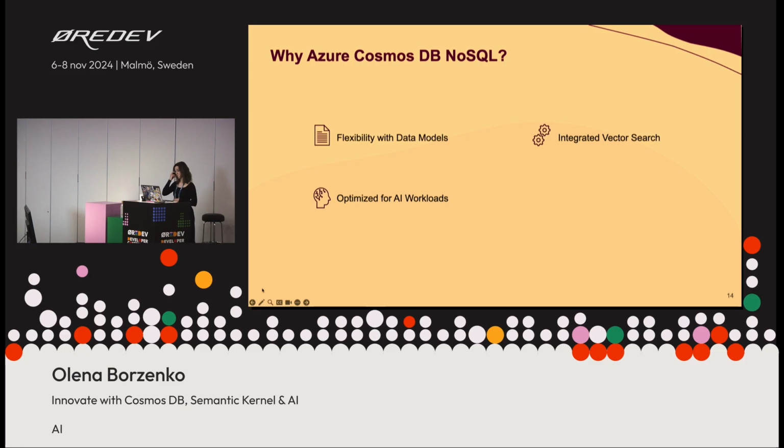Optimized for AI workloads. Probably if some of you used Azure Cosmos DB, you know Azure Cosmos DB, the AI database. It's called like this because all the ChatGPT history is stored in Azure Cosmos DB. They started working together, and it worked out pretty well. So now I often watch sessions from Mark Brown where he explains the process of how they were implementing this together from the first days.